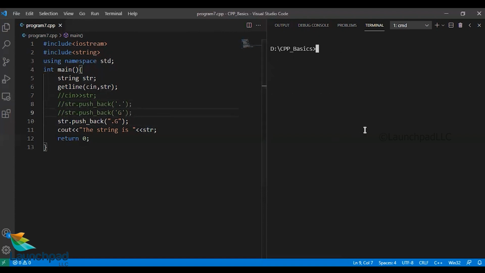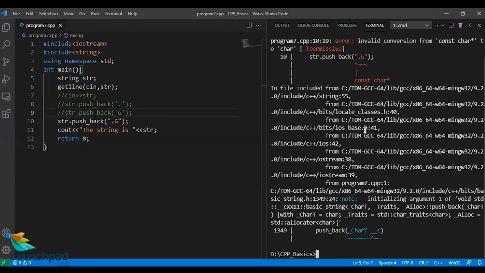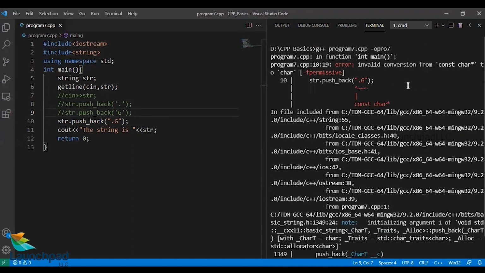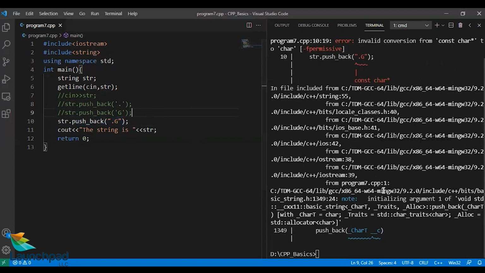So I would like to show you a quick little error message which arises. See, pushing back the whole string is not possible because the argument type of the push_back function is basically a constant character. We are providing a character pointer here. So that is not possible. We can only push back individual characters, not a group of characters in the form of a character array. So this is an error scenario, remember.